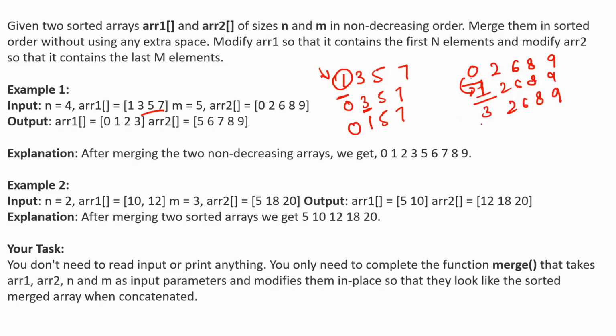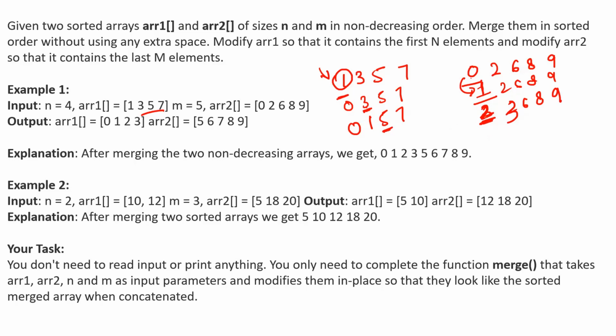But now, if you can see that 3 is not at its proper position, as I was saying before, that by chance here 1 was at the proper position, right? But here 3 is not at its proper position, and it is clearly specified that array 2 is sorted. So we have to make sure to put this element at its proper position. So what is its proper position going to be? This one. So 2 will come here and 3 will go there. Right? Now we have to compare this 5 with this 2.